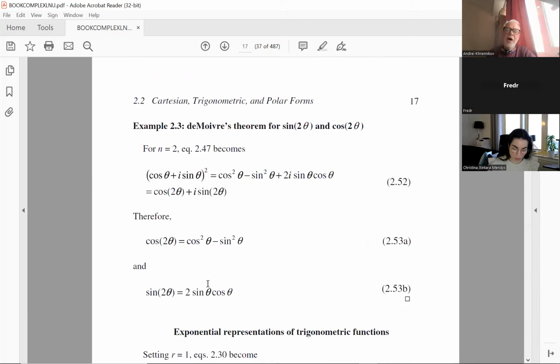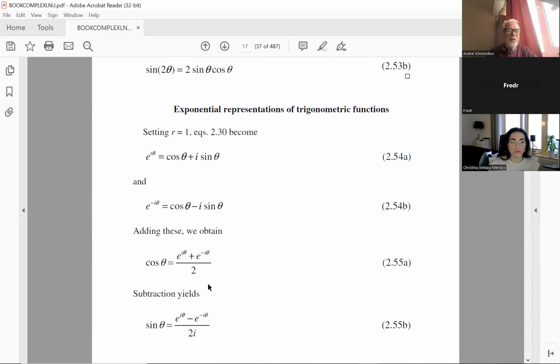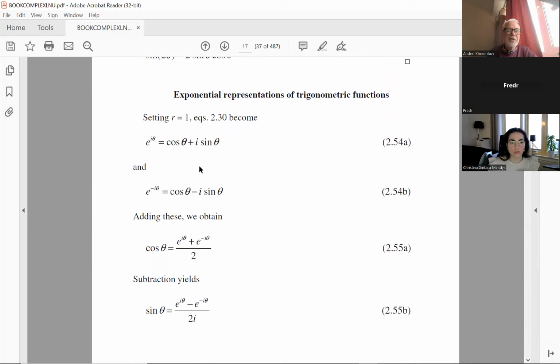This is also de Moivre. What is this example with de Moivre's theorem? Many things in real analysis can be proved with complex analysis. You do something in complex analysis and get some equality, then take the real part from both sides, and you get something for real analysis. Yes, this formula, and if you have this, the conjugate is just minus, so it's minus here, minus here, so plus here, plus here.